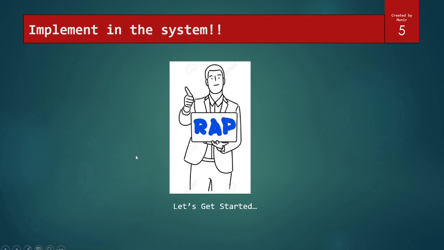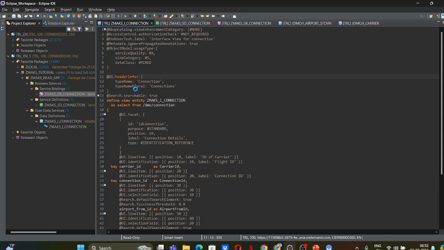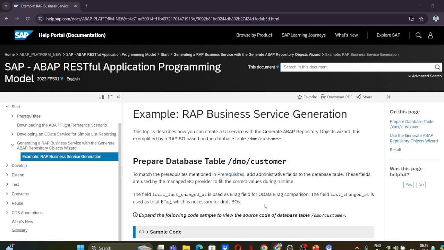With that, let's get into the system and see how we can implement this. Let us see where we stand. Okay, so let's go to our service binding, our connection, and let's go to our application preview where we have